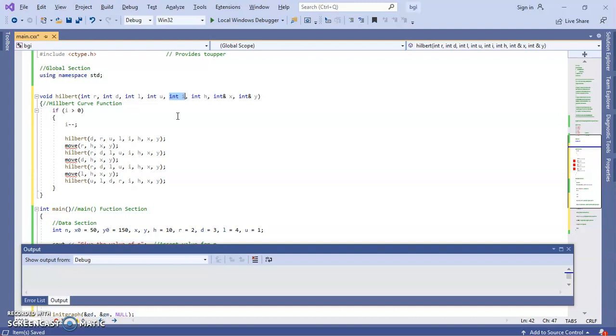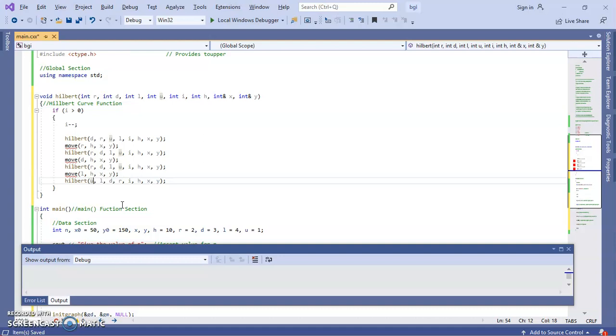And the Hilbert curve function is called recursively 4 times, for the down, right, and up directions, and each time they interchange the argument parameters right, left, down and up.